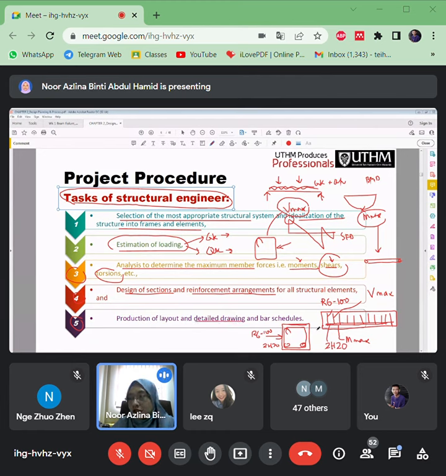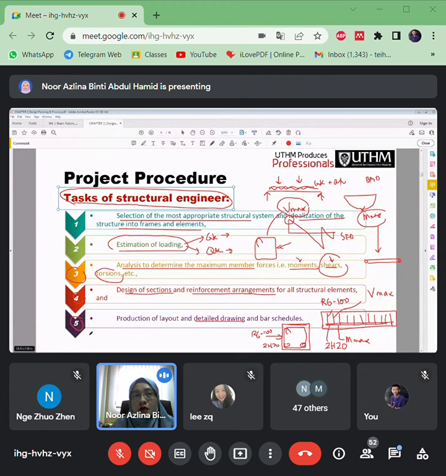So the detailed drawing means the arrangements and the sizings of the structure. Okay, it can be beams, columns, or slabs. So this is all the tasks for you, okay, to be a structural engineer. It starts from the selection of materials, and then you have to estimate the loads. You have to analyze what's the maximum moment and shear. Okay, from it you can design. You can come up with the sizing, with the numbers of reinforcement, and the last one you have to do the sketch. Okay, you have to draw the detailing and so on.